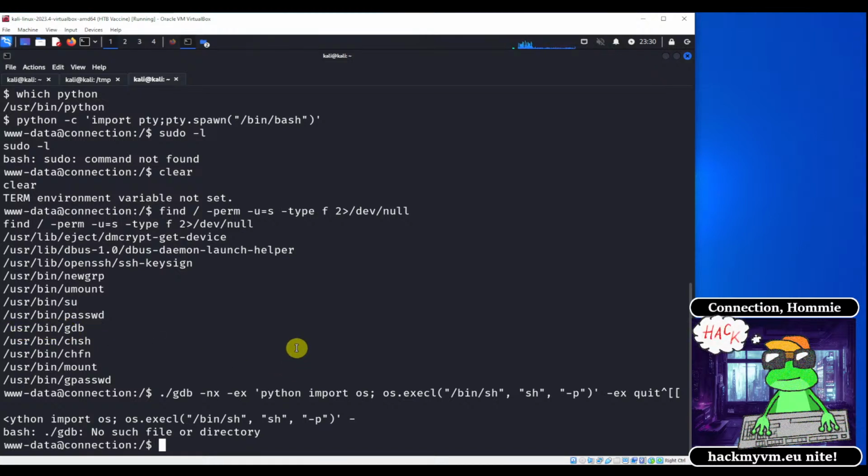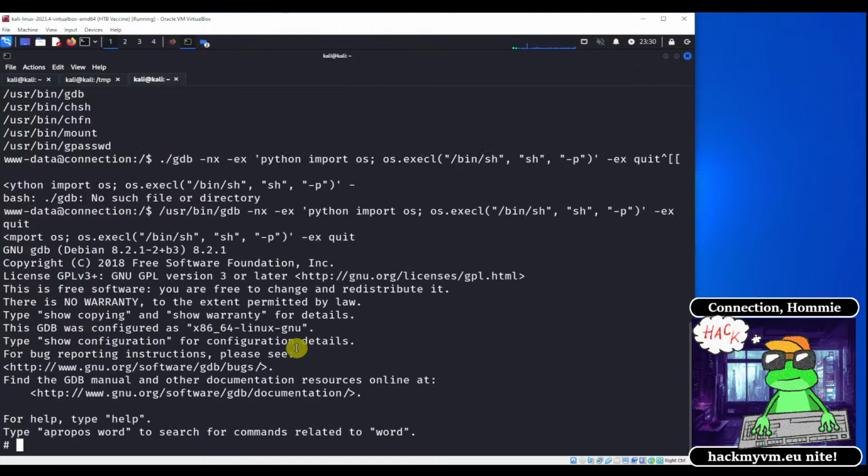So we're going to do /usr/bin/gdb, and then we're going to give the -nx, and then we're going to execute Python, import os, and then os.execl, and then it's going to be /bin/sh, and then it's sh, and then it is -p, and then it's going to quit,